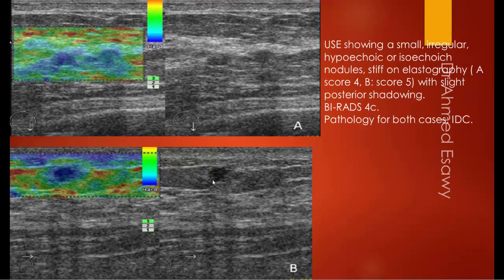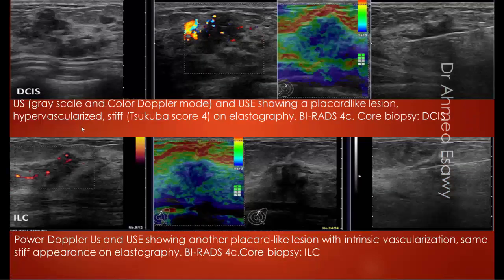Small irregular hypoechoic or isoechoic nodule, stiff in elastography, score 4 and 5, with slight posterior shadowing, classified as BI-RADS 4C. Pathology for both cases: invasive ductal carcinoma. Ductal carcinoma in situ: plaque-like lesion, hypervascularized, stiff, score 4 in elastography, classified as BI-RADS 4B, core biopsy showed ductal carcinoma